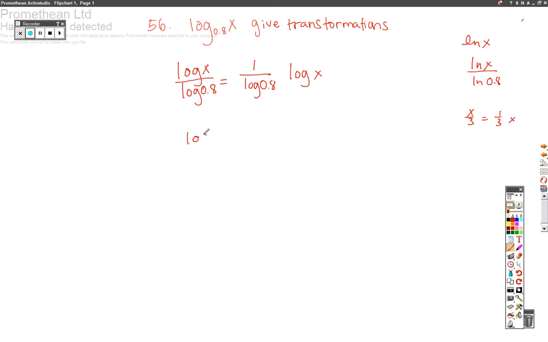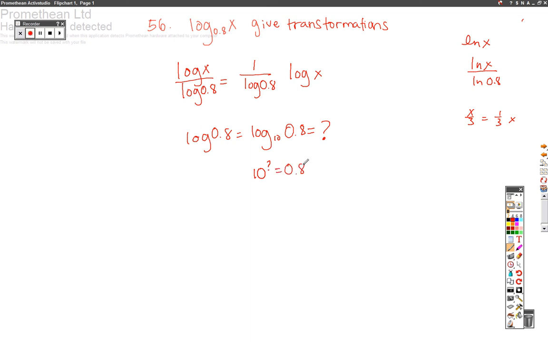Now for just a second I'm going to talk about log of 0.8, which is the same thing as log base 10 of 0.8. So I kind of need to know what this does in order to decide my transformations. So I'm just going to do a few examples and see what you think. If I did log, remember I'm going to change this to exponential form. So if I did 10 to the what